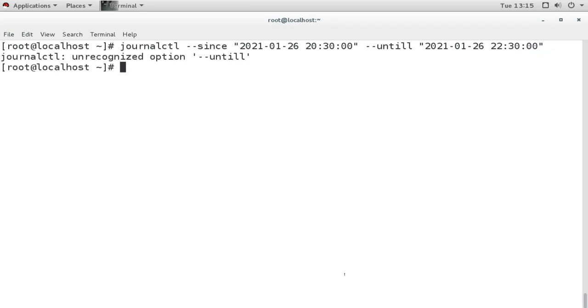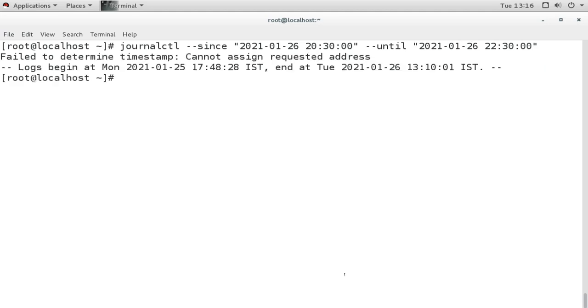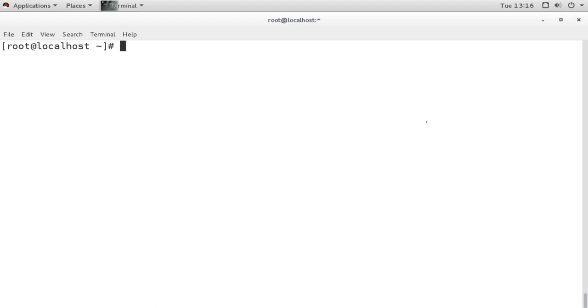Okay, misspelled, only one L we need, and it is showing no logs there because there are no logs for this time. But you can go for a date from this date and time to this date and time. My server is not running for so long, but we can have a time here.